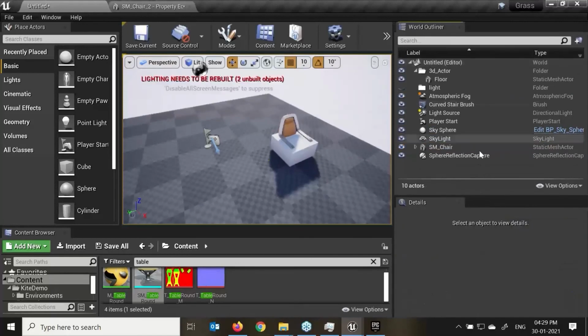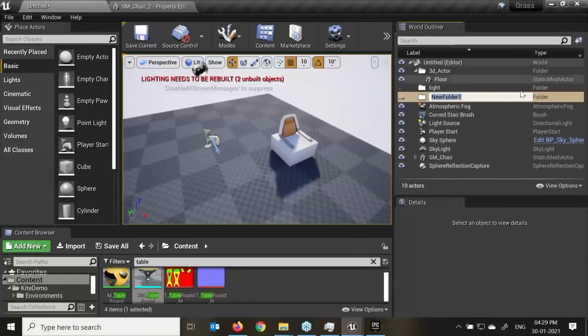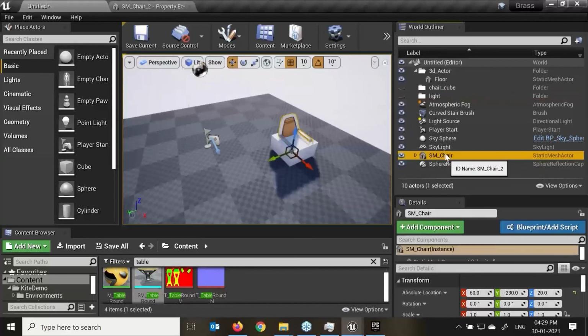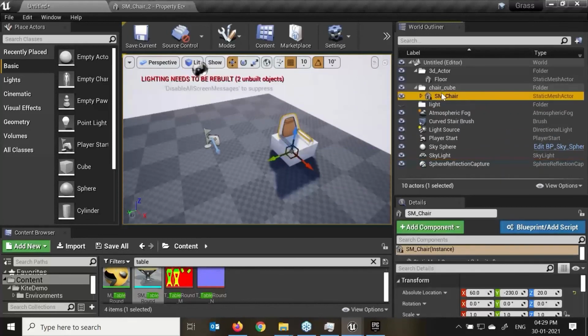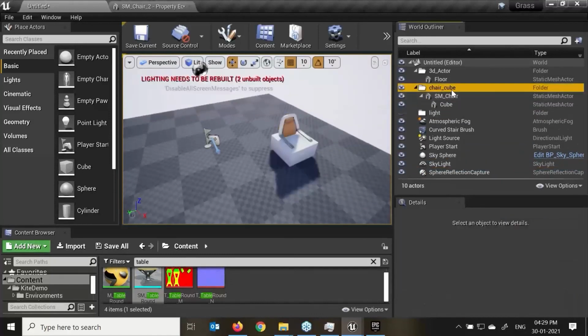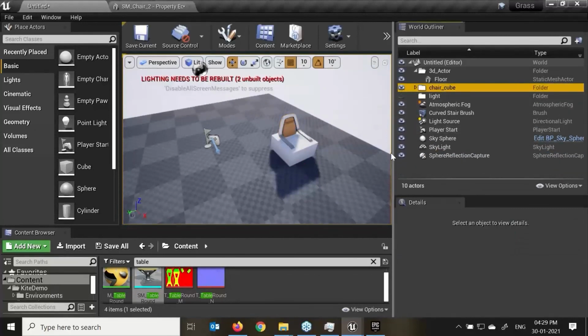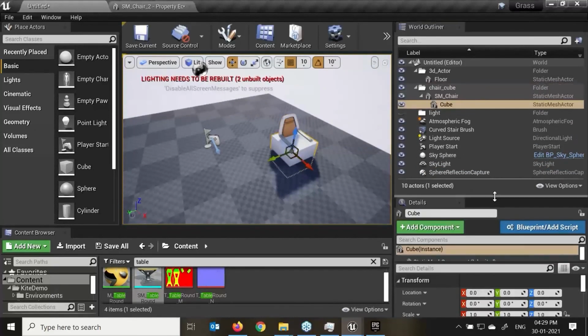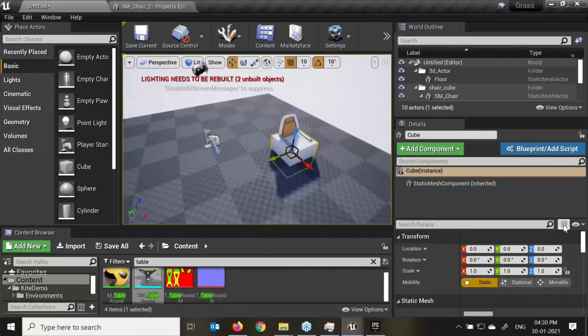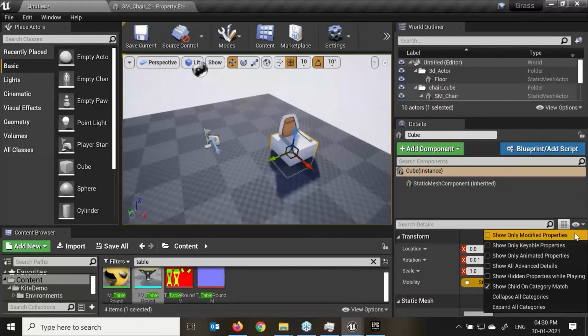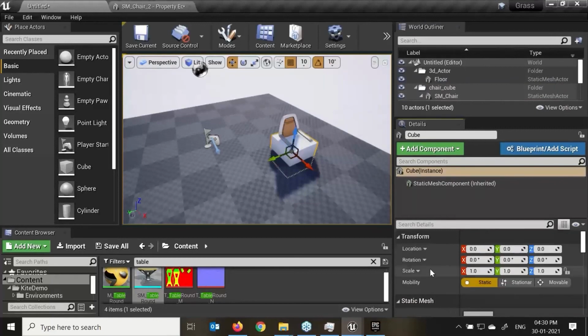If you create a folder for each and every one particularly, we can say this is chair underscore cube. Again, in the engine, it will not work empty. There always has to be an underscore in your object. See, this is very easy to handle. Here we get the particular node for that, right? So that is a matrix, and the visibility on and off you can do over here.